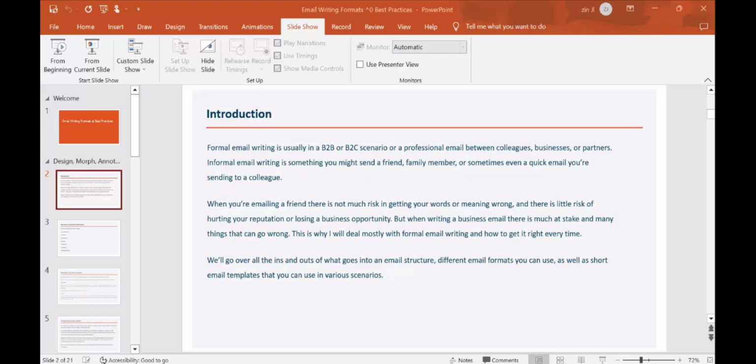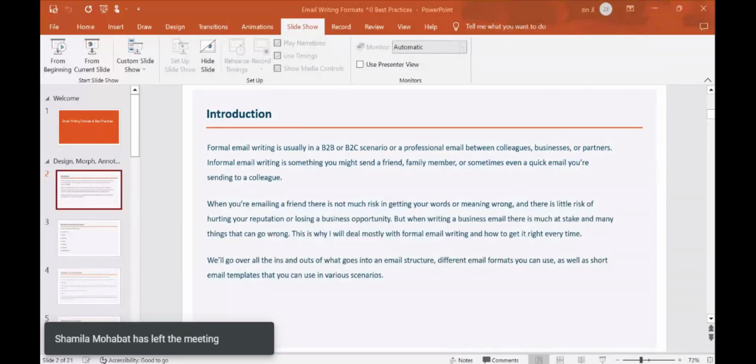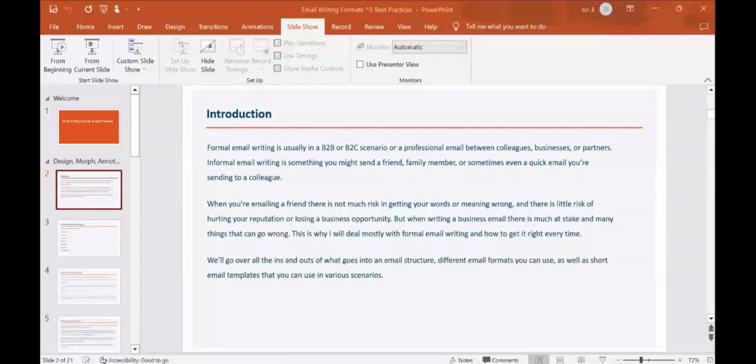But when you're writing a business email, there are so many things that can go wrong. You put a typo, a simple mistake, and people just lose interest. Like, oh, he or she didn't put any effort into proofreading or spell check. And to be honest, that becomes a major thing, especially where I come from, my part of the world, where English is not my first language. And I was always scared. I'm like, okay, can I spell it the right way? Am I writing the sentence in the right way? Am I using the connotations in the right way?